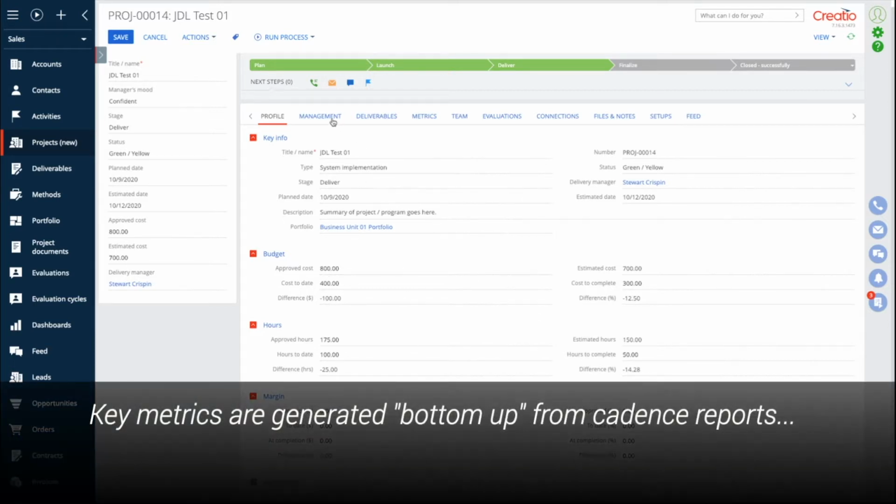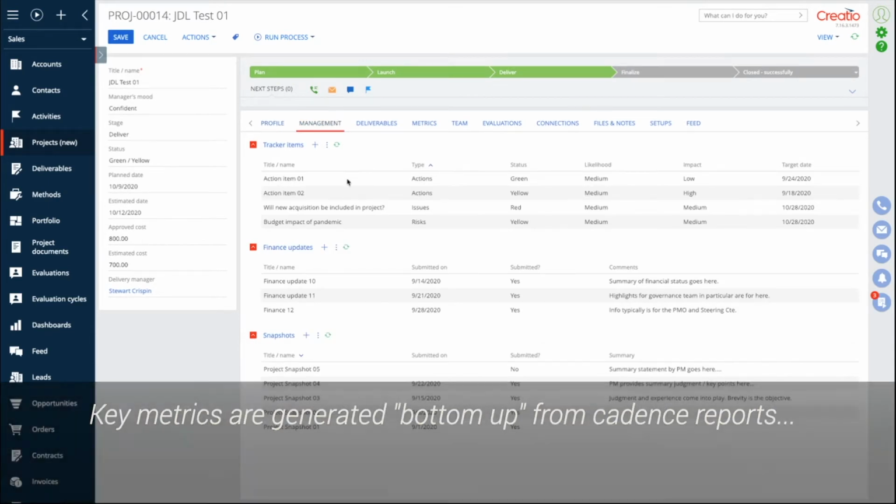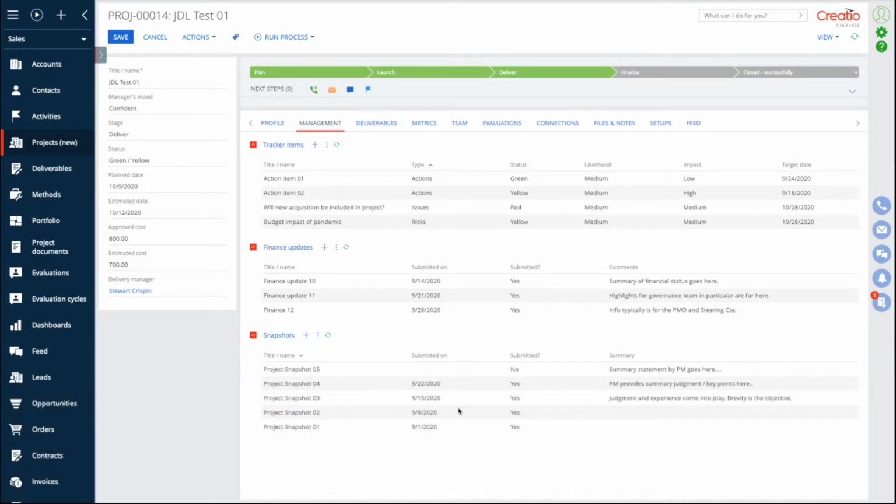This information comes from what we were looking at, which is the cadence of updates that the PM, program or project manager, is responsible for producing after working with teams and reporting up to the steering committee. And I would take a moment to emphasize that that is the three-tier governance model.